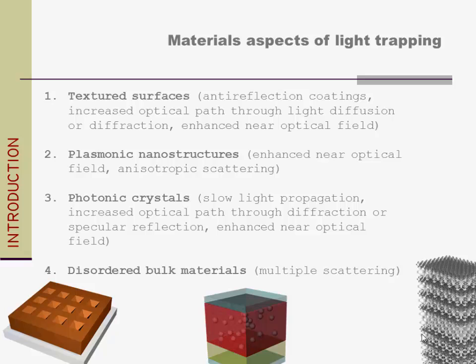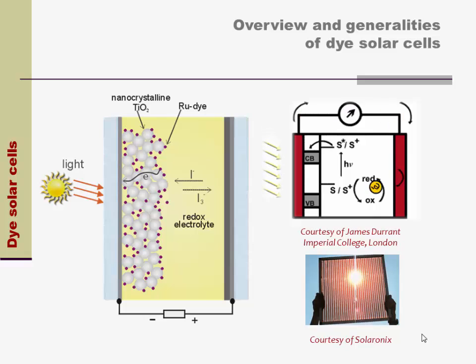Well, this is a very basic description of the strategies and the material aspects of light trapping that can be used in solar cells. And I will start now by trying to apply all these different concepts to the solar cells that I will present, which are dye-sensitized solar cells. So I think part of the audience might be familiar with this, but I'm just going to give a brief introduction to it. So a dye-sensitized solar cell is